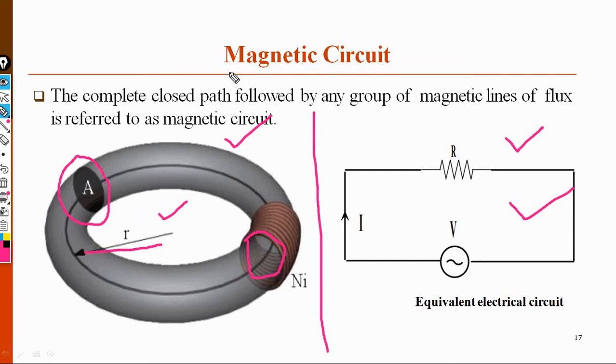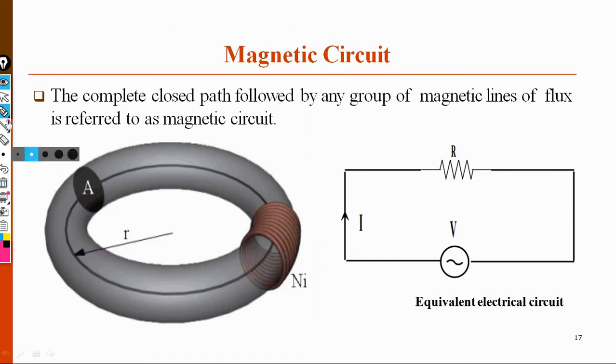That means the magnetic circuit depends on magnetic lines of flux or magnetic lines of force. This type of circuit is called a magnetic circuit, and the magnetic circuit depends on the number of turns. Okay, now this is the concept of magnetic circuit. Now we have to explain the concept of